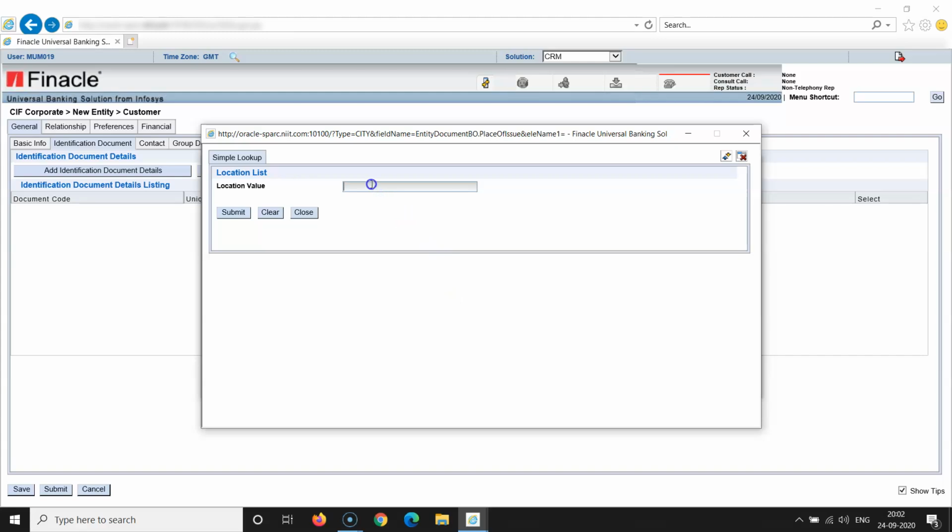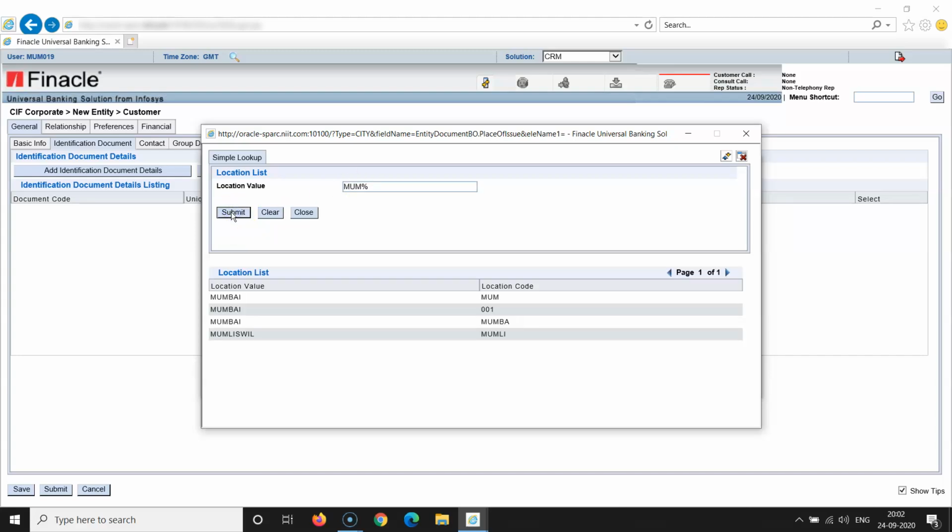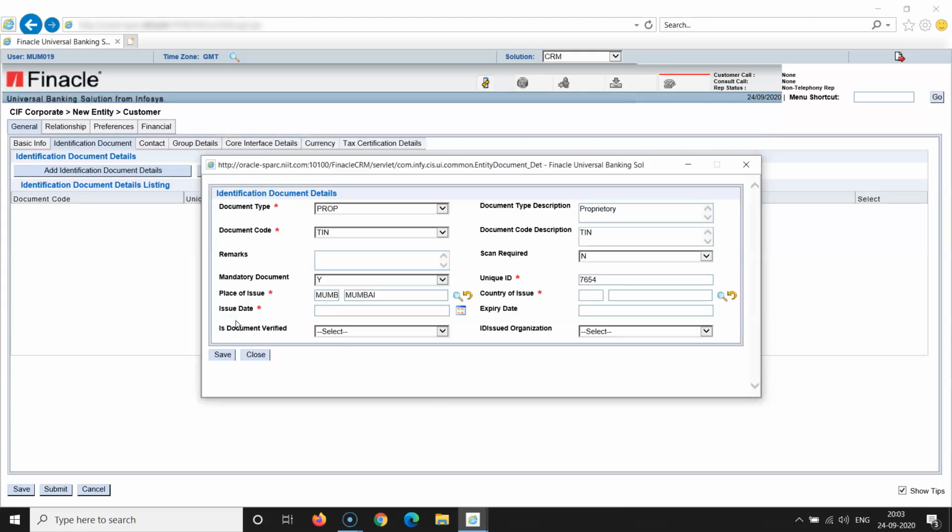The list will be very long in the branches, so just write the first three letters of the place or country or state that you're looking for, suffix with percentage here. Click on submit here. Mumbai is the location code here.